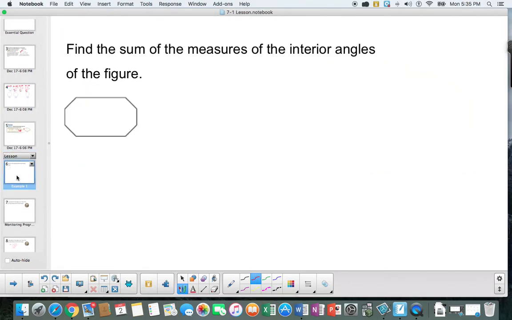Let's see how this formula is going to help us. We want to find the sum of the measures of the interior angles of this figure. Now this figure has 1, 2, 3, 4, 5, 6, 7, 8 sides. It's an octagon,